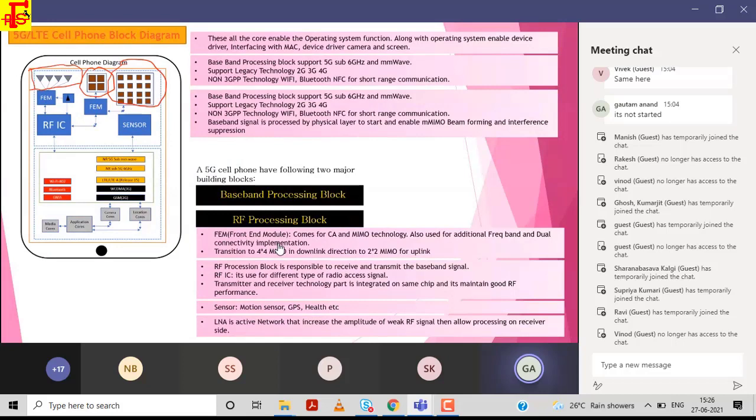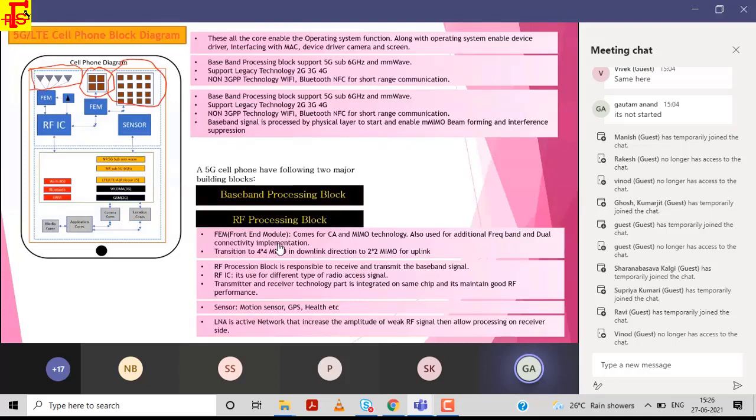Suppose in the CA case, two bands are aggregating the bandwidth. So two bands are there, suppose band 40 and band 3, TDD and FDD. This antenna is receiving both signals, right? If it receives both these signals, the FEM front end module will deal with them. It is implemented like a dual connectivity implementation. So in the 4 cross 4 MIMO direction, or the 2 cross 2 MIMO direction, it finds out those types of bandwidth,